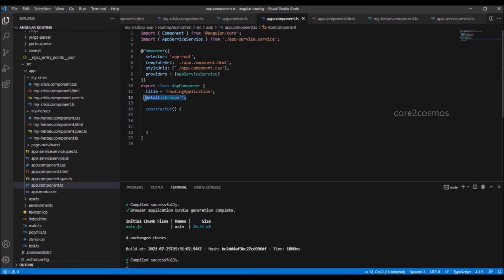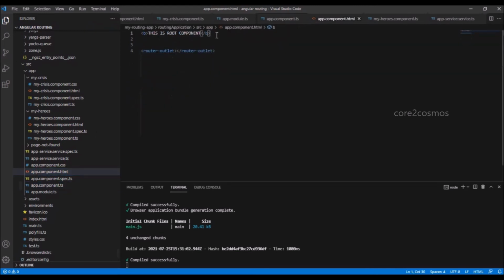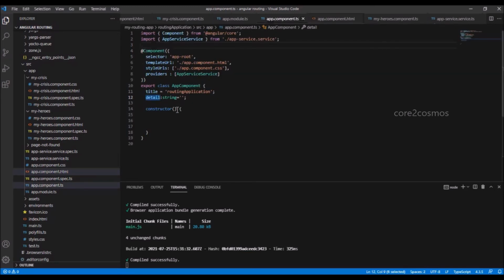In order to display it in the app component, I create a string variable detail at line number 12. In the app.component.html file, I use the detail variable and display the crisis detail within an h1 tag. In the app.component.ts file, in the constructor, I inject the app service by saying private appserv: AppService.